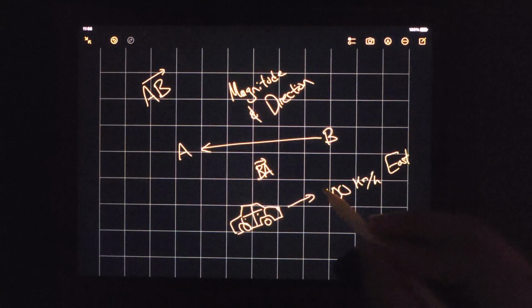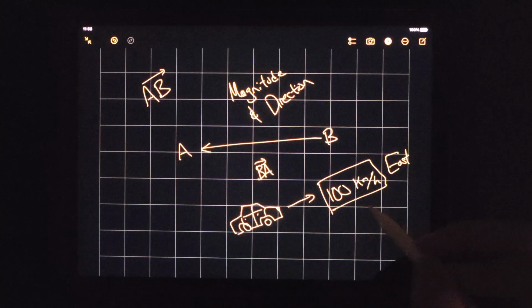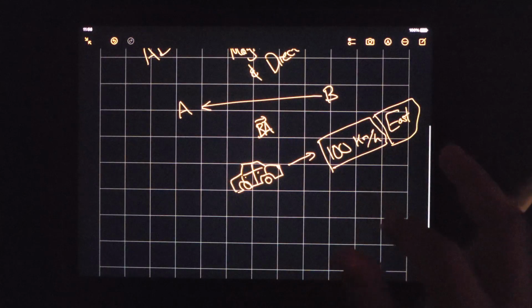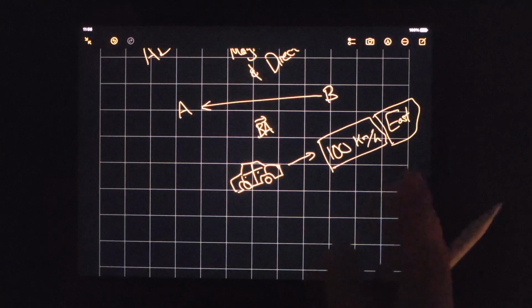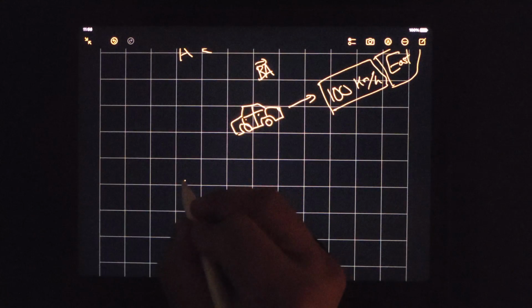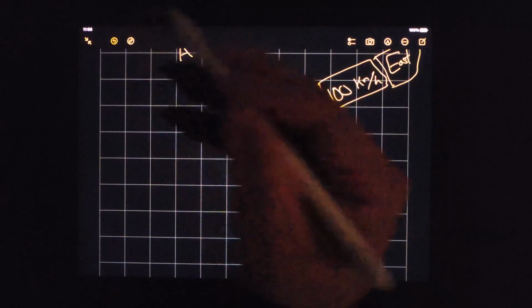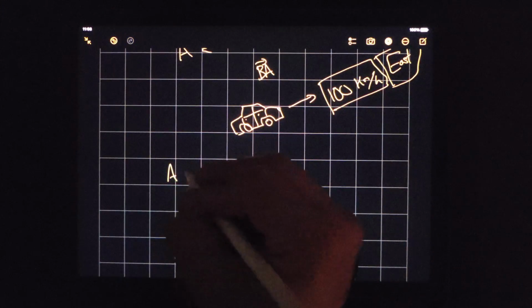In this case, this is the magnitude, and that is the direction. So, before we begin using vectors, we need to learn everything about them. So, let's go over some simple